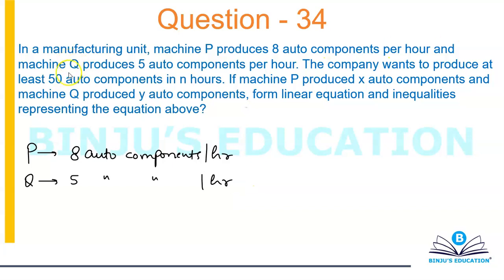Okay, I'm going to underline this. I want at least 50 auto components in n hours. If machine P produces X auto components, so this is producing X components, and Q is producing Y components,